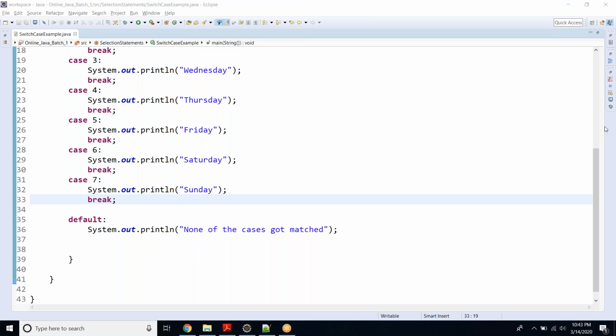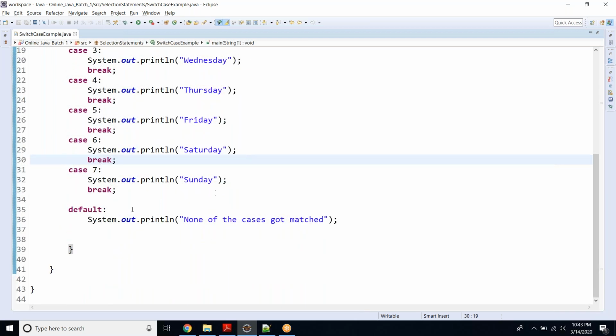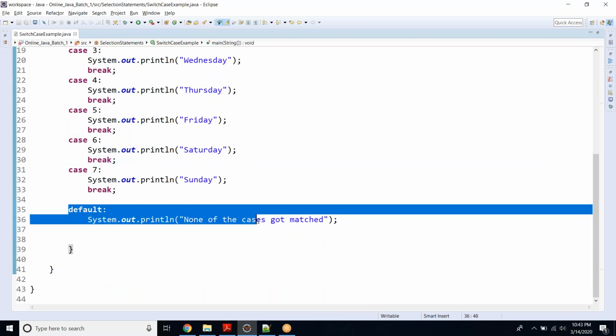Anybody have any doubt? Other doubts? Now I have a question. Can I use default at the end only, or can I have the default anywhere in the switch case? Right now you can see I have added the default at the end of the switch case. So my question is that